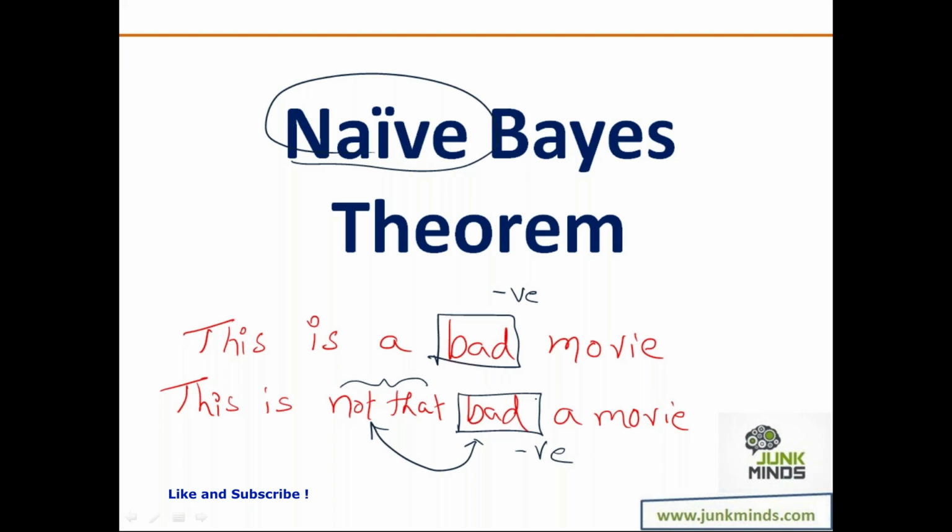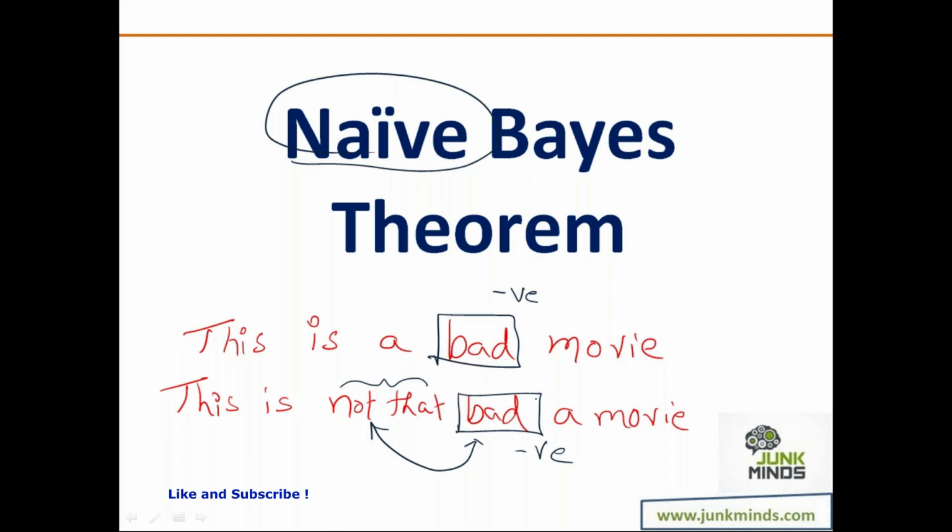So you can trick it into giving you wrong answers, but that is unless someone is really trying to do that, or unless someone is using it like this where tokenization is just not working. That is where it will have a problem. So that is the limitation of your naive Bayes theorem. That is precisely the reason why it is called naive. It will work on the concept of tokenization, and based on the tokenization, it will give you the answer. Now, suppose I design an algorithm which also takes into account the correlation and everything.